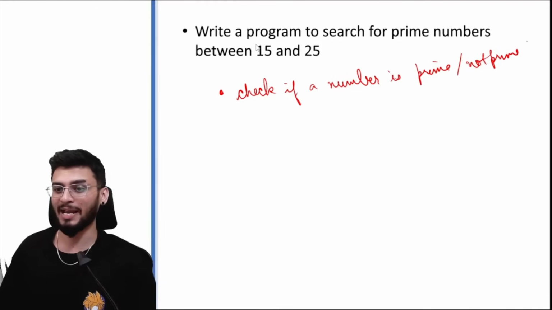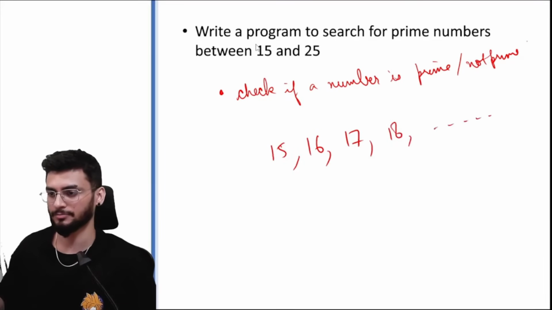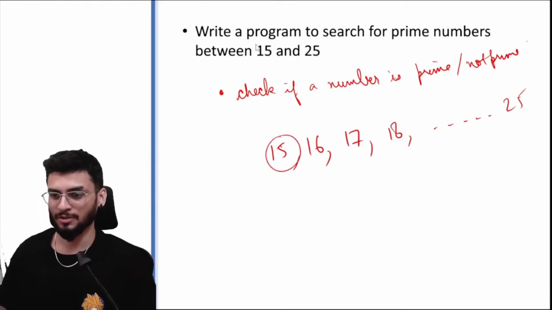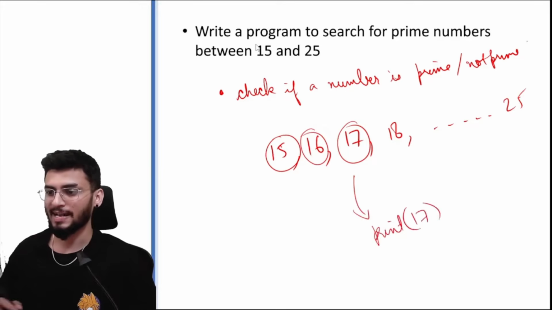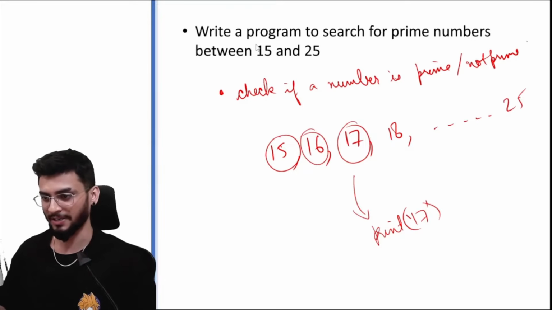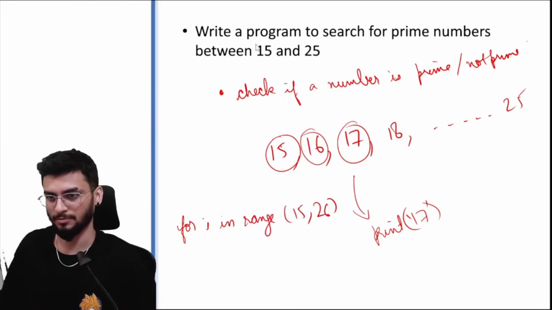And in order to find the prime numbers between 15 to 25, we need to check for all of these values: 15, 16, 17, 18, and 25. Okay, so if we can check this is prime or not, if it's not prime, we skip it. This is not prime, this is not prime. 17 is a prime, so we print 17. So can you see the sequence which we are going to create here? The first sequence would be to find 15 to 26, this part,